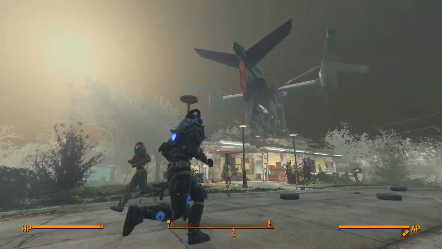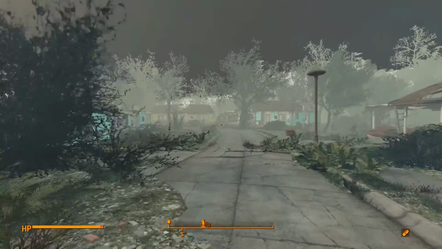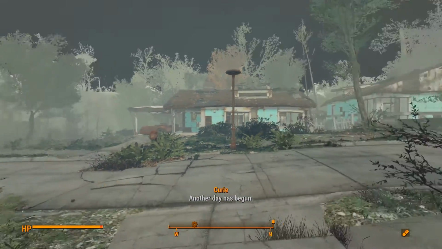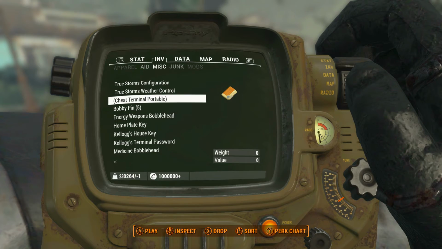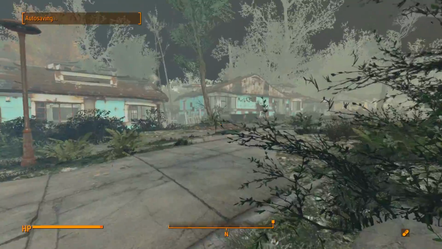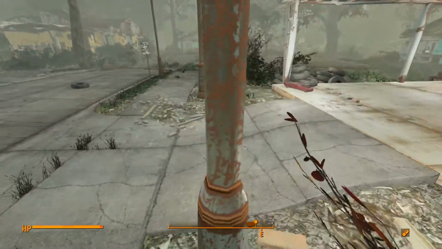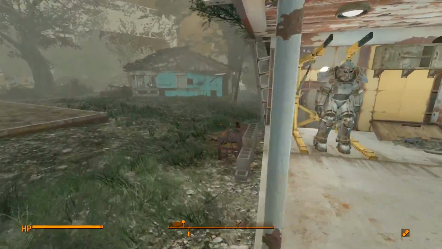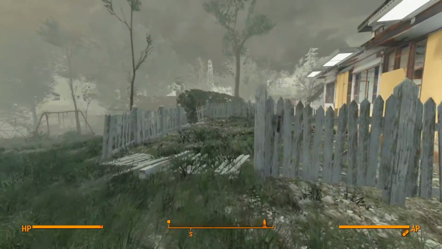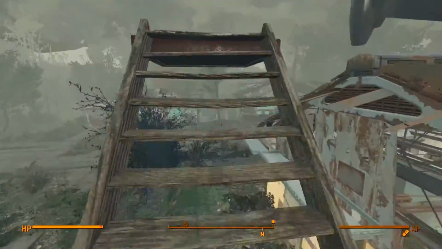It's kind of ominous right here. It's kind of scary, kind of creepy. Another day has begun. Let's see, does this thing have a clock on it? I don't think it does. Oh well. Anyway, on to the next mod. Oh, and here's the power armor I set up to be winterized, like the one from Anchorage. A little throwback. But the next mod I have is